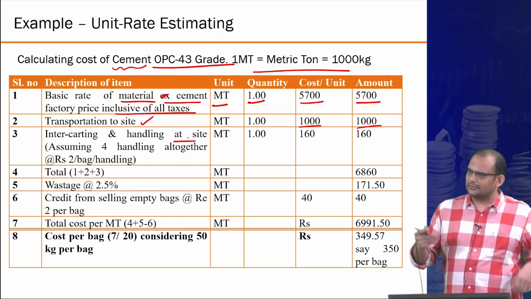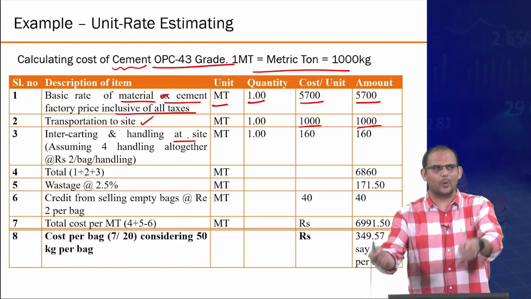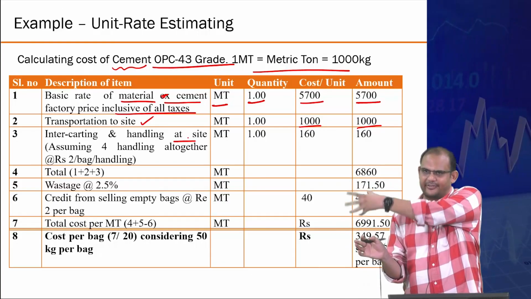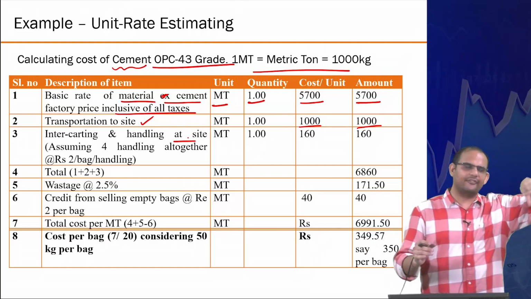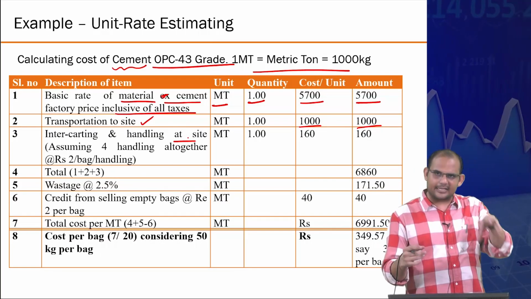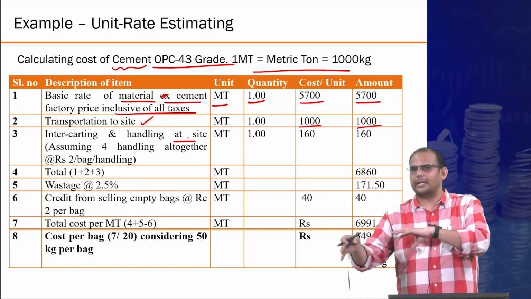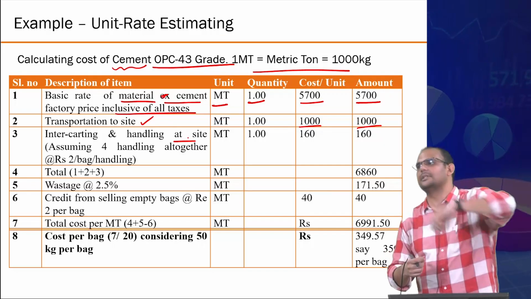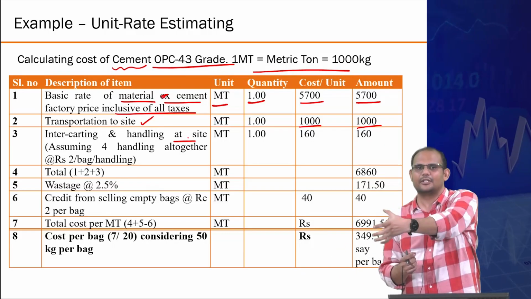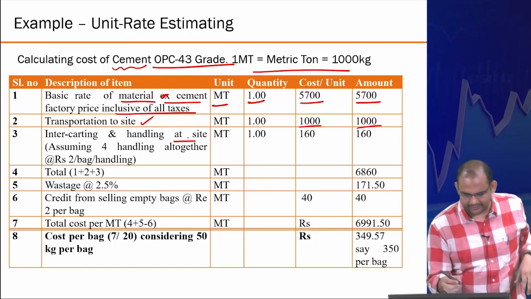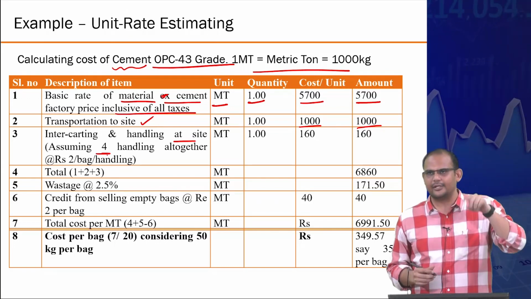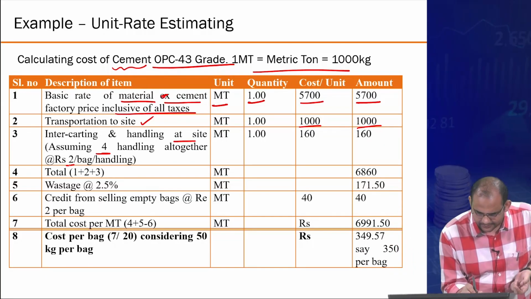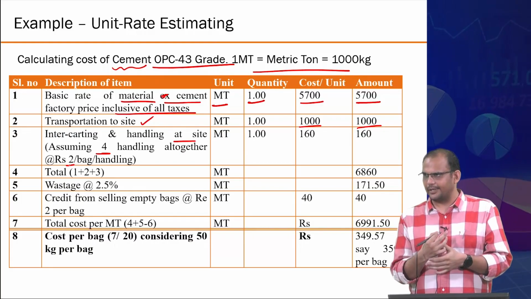So typically you see people actually load and unload these cement bags maybe once from the showroom or that shop to the vehicle, and then finally from your vehicle to the place. In that also there could be multiple handlings, because one person will lift it and put it on another person's head, that person will put it where the actual stock of material is being handled. So it's given that on an average for each bag you need to handle it 4 times, and for each handling you are estimating 2 rupees per bag per handling, right?